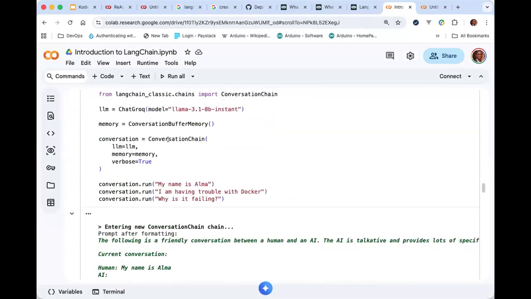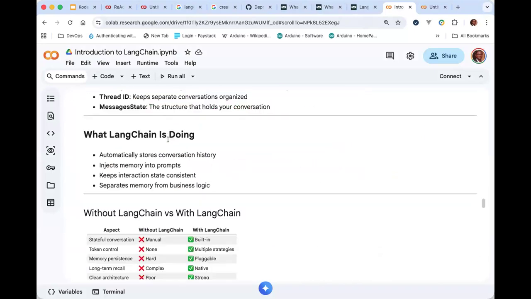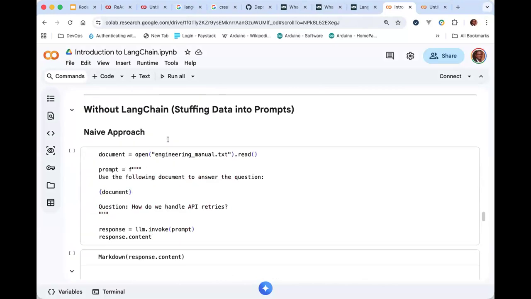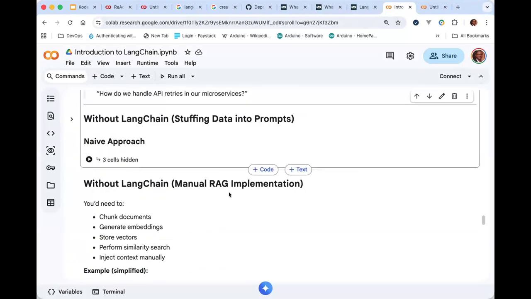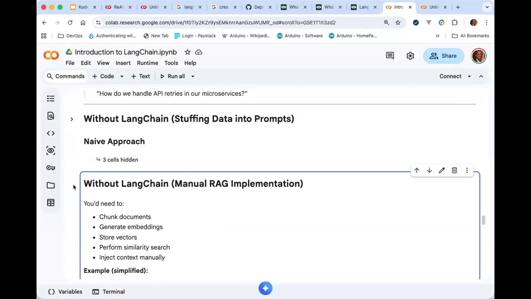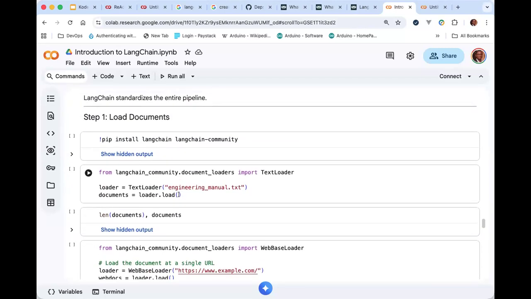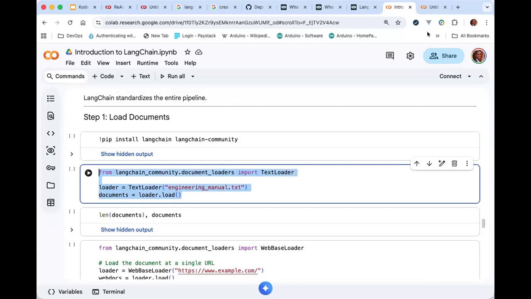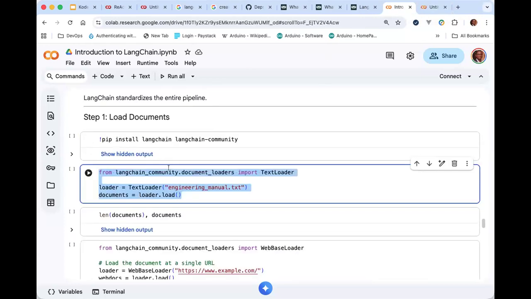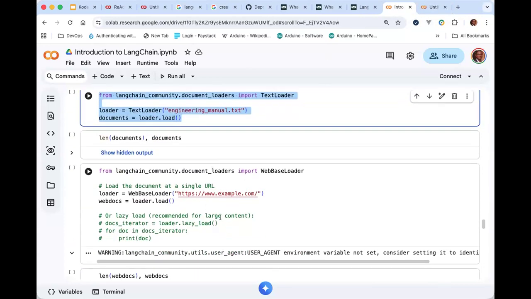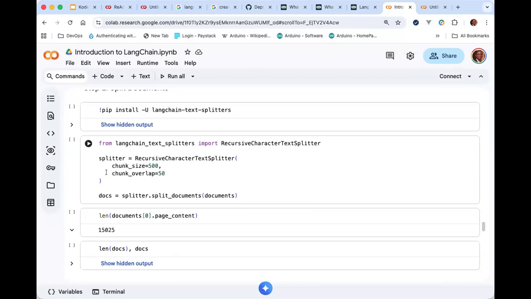So I'm not going to rewrite it. I'll just take from where we did this, right? Under these indexes, so naive approach of the RAG without LangChain, manual RAG implementation, okay? But with LangChain, it's very easy. We'll create a document loader. I'm not going to worry about the web loader, but I can add that one later on. And then we'll use a recursive chunker,